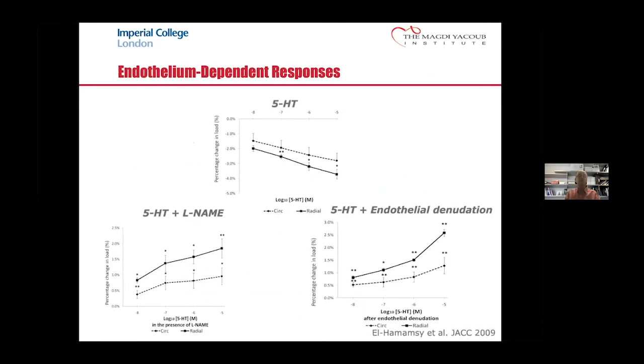So with respect to our experiments with 5-HT, both here in the radial and circumferential directions, adding increasing doses of 5-HT caused a reduction in tension. And just to show that this was a nitric oxide effect, the effect was turned from a relaxation to a contraction by a co-incubation with the nitric oxide synthase inhibitor L-NAME, an effect again mimicked by intentional removal of the endothelial cells, just validating that the 5-HT effect was indeed mediated by the endothelium.